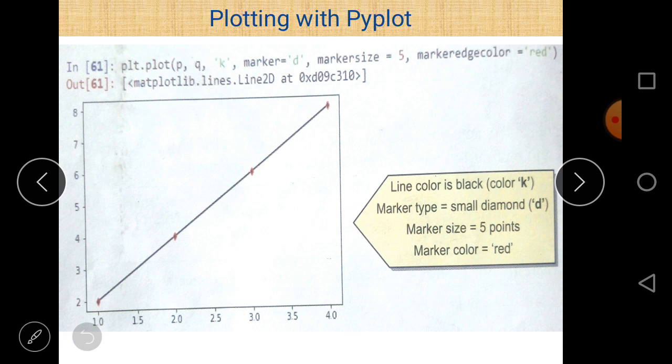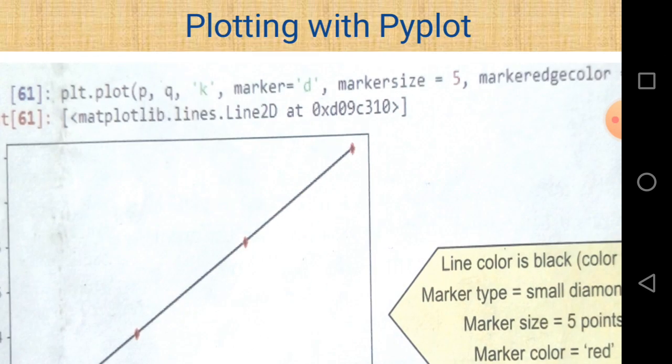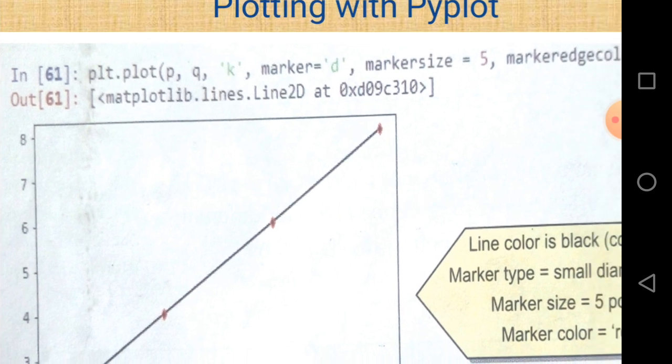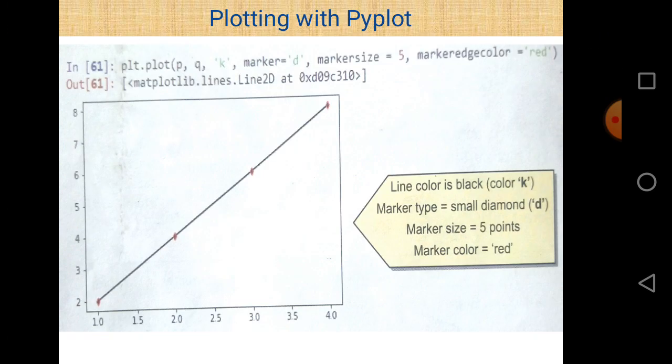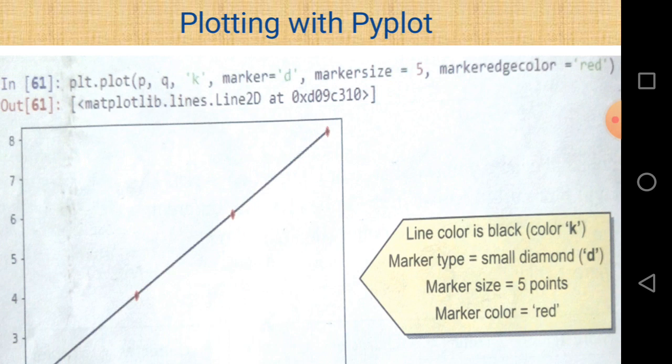In two dimensions, we just use two points here, the X coordinate and the Y coordinate. So P represents the X coordinate and Q represents the Y coordinate, and thereafter the name of a color, and the color here is K. We can easily see that the name of the color is marked with a K. We can write the color name also, but here it is K. K represents black color. K is the code for black color, and marker is equal to D. So the name of the parameter is marker and the value is D, and D, as I told you earlier, is used for diamond.